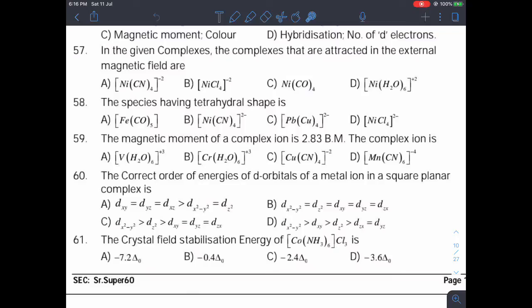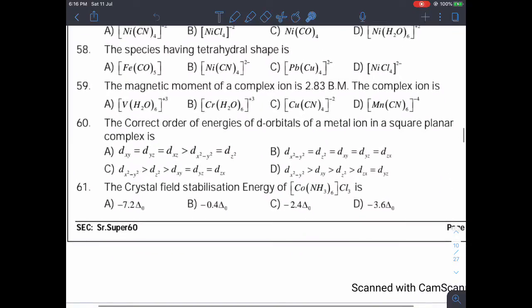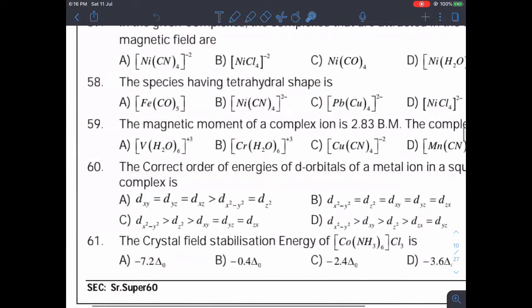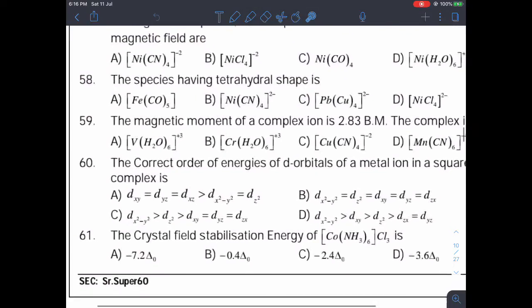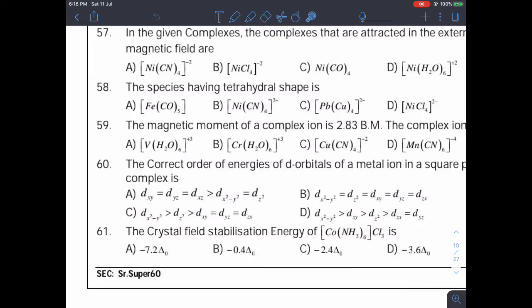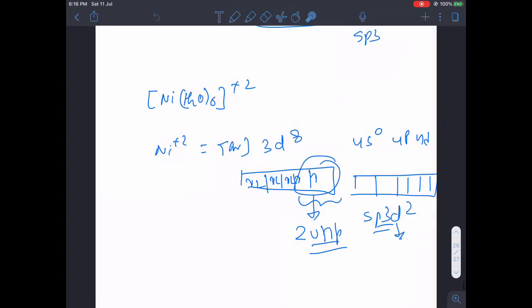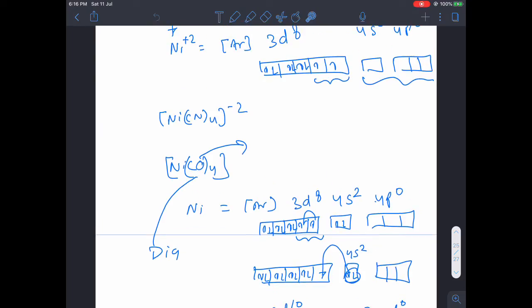Now let's talk about the next question. The species having tetrahedral shape is, okay. Now for getting tetrahedral shape we need a total of 4 ligands. Now as you can see here, in this case we have 5 ligands, so it will be ruled out. Here, [Ni(CN)4], just now I spoke about this, I told you that